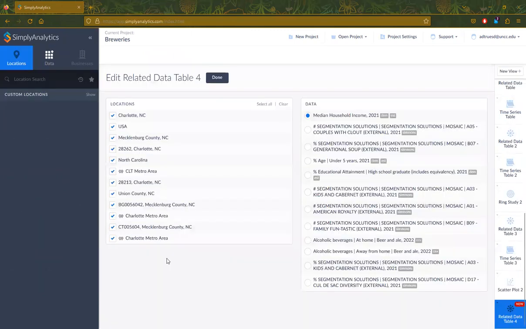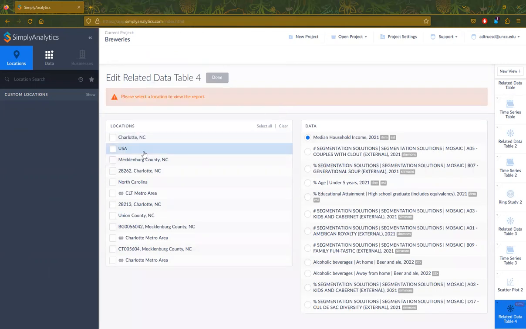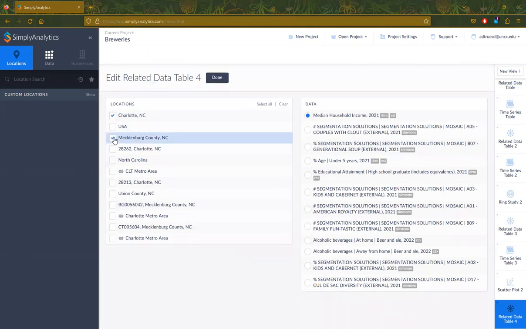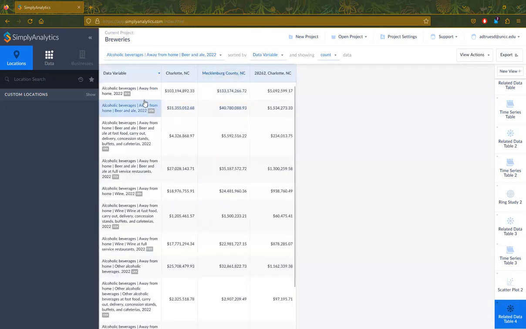Related data will actually give you a lot of information based on one of the data that you've already looked at. So I'm actually going to look at Charlotte, North Carolina, and Mecklenburg County, and 28262, and I want them to show me all of the data that is related to alcoholic beverages away from home. So once I do that, I'm going to come up here and hit done. And so it will do alcoholic beverages away from home, beer and ale at fast food, carry-out, delivery, concession stands, buffets, and cafeterias,